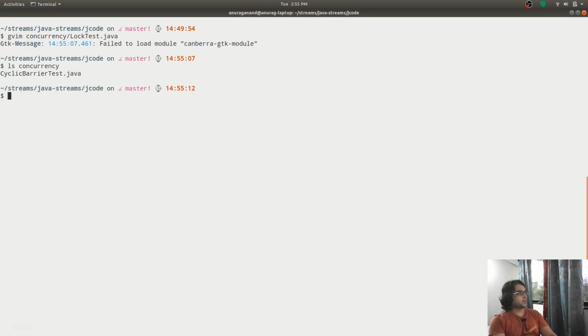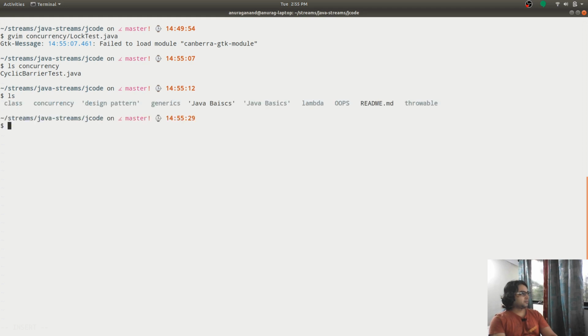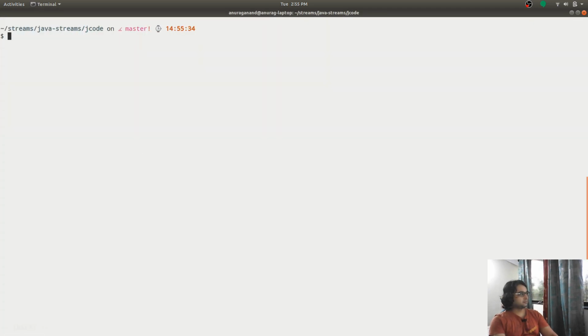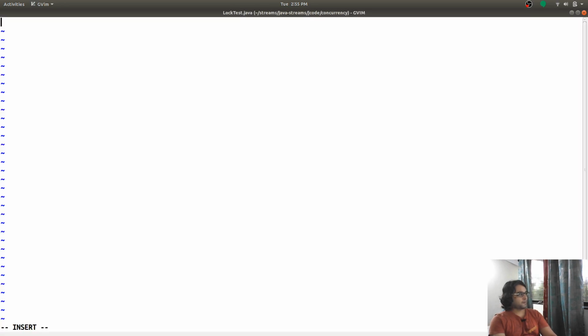I am not able to see this LockTest file in that folder because Vim hasn't created that folder yet.